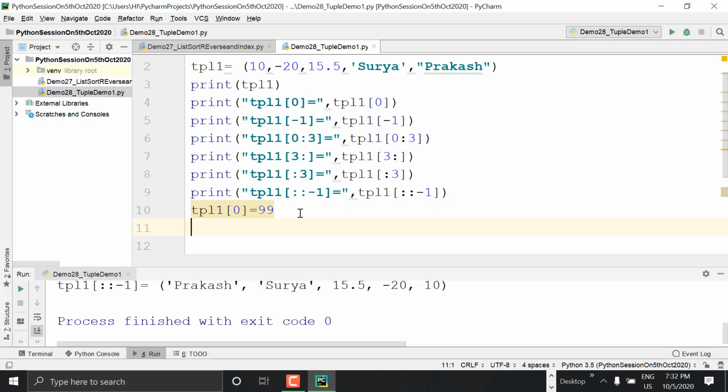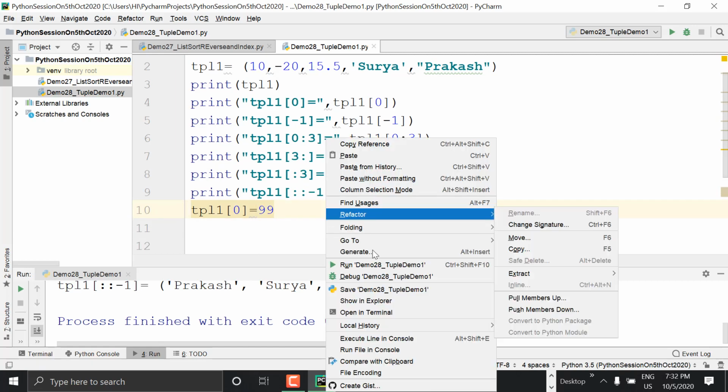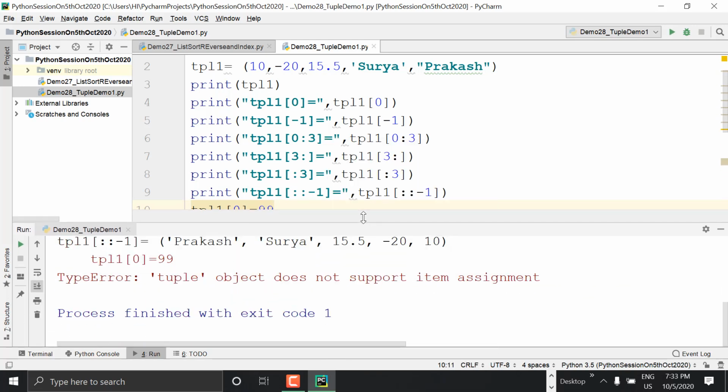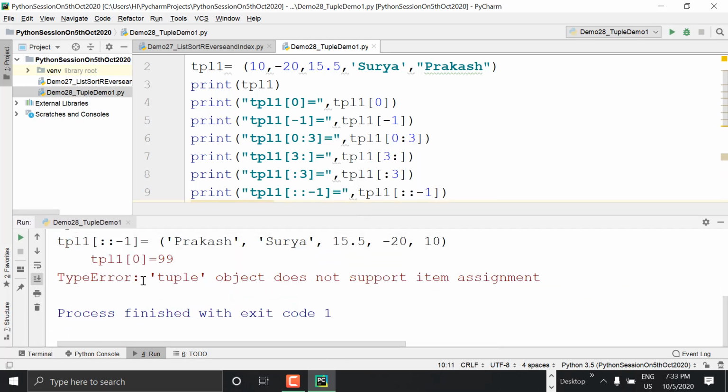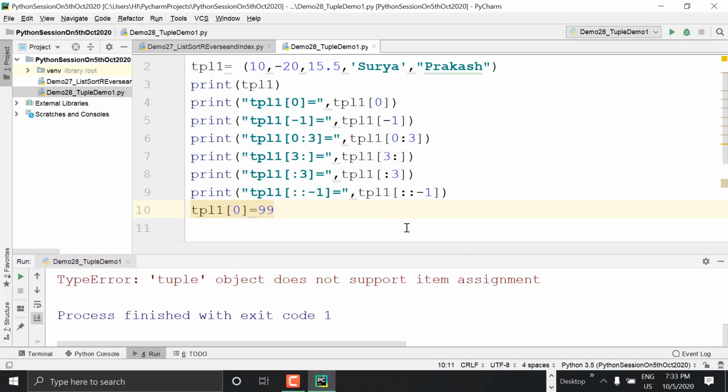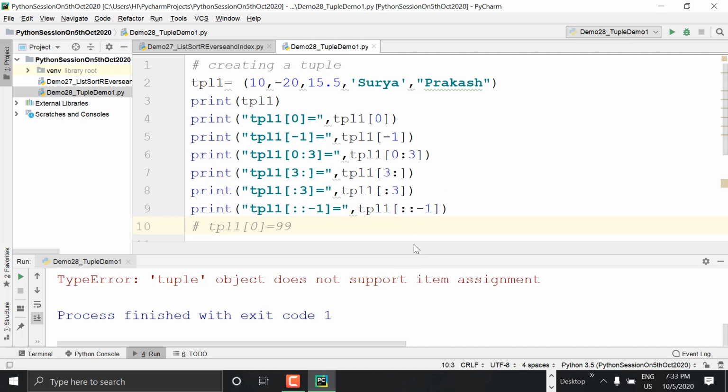But the interview question is, they will ask you how to update a tuple element. The first question is, what is the difference between list and tuple? So what do we say? Both are able to store different types of elements, but the difference is a tuple is immutable, so the elements of a tuple cannot be modified. But they will ask, are you sure that elements of a tuple cannot be modified? Then you have to say, yes, it is possible. But how? For that, first we have to convert the tuple into a list, then do the modification, and reconvert this list into a tuple. This is one way, the most widely used way to update a tuple. Let me show you that in the next example.